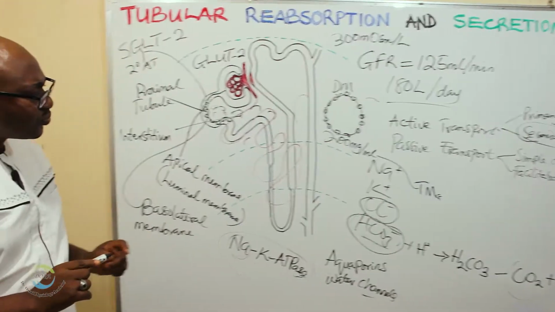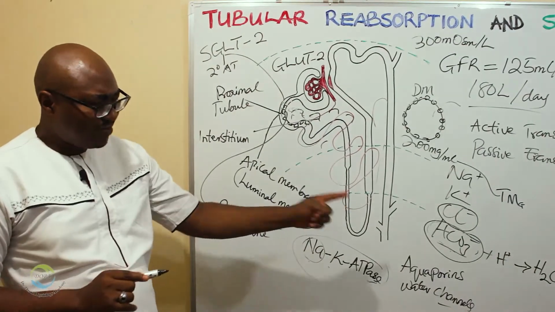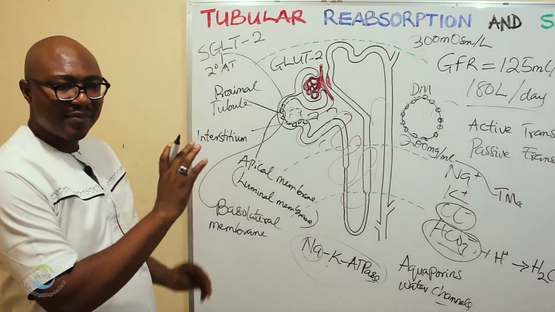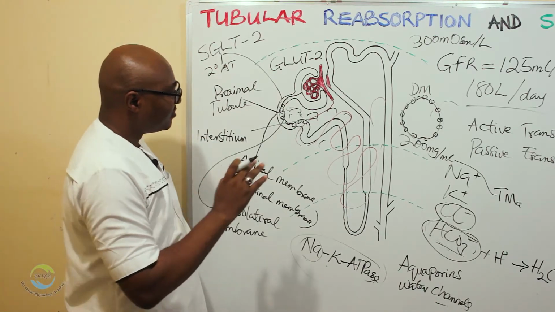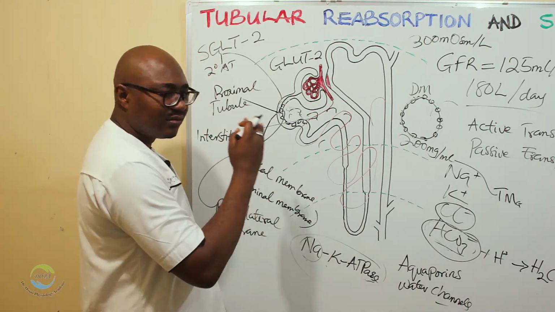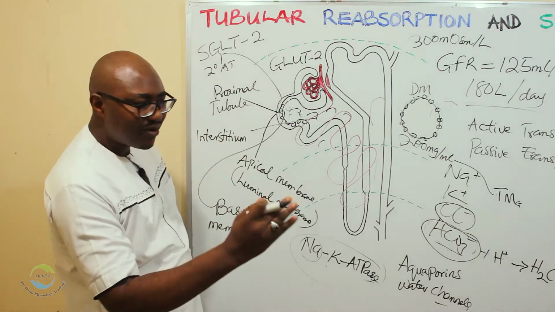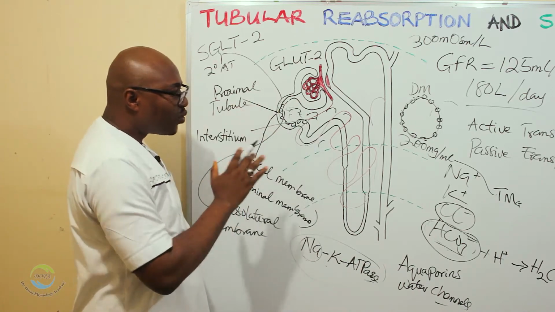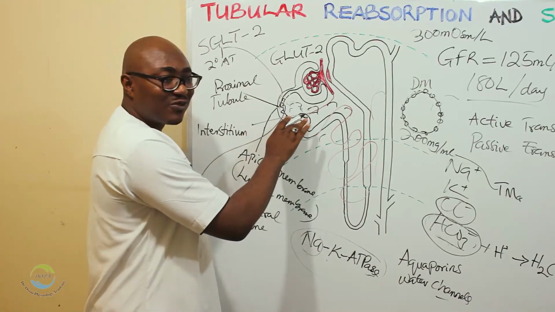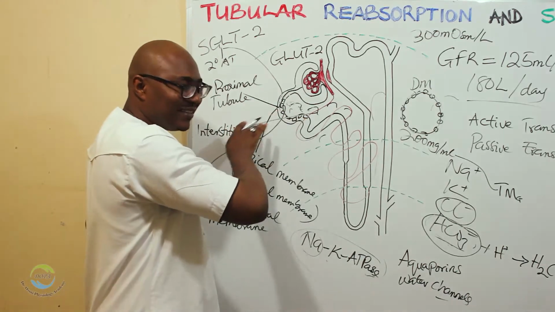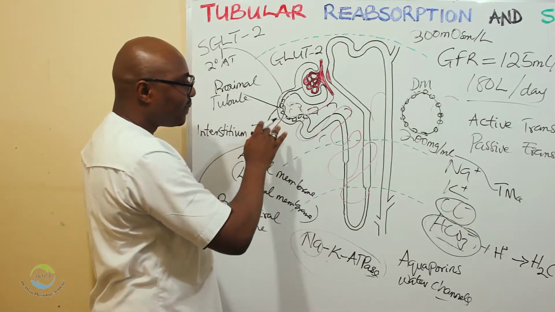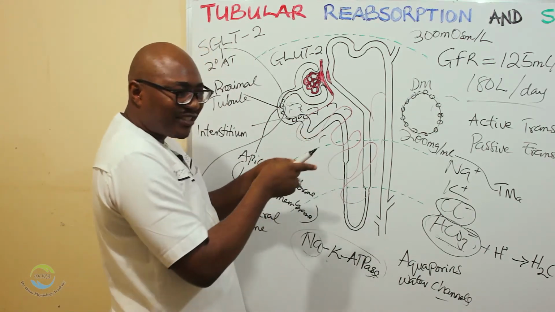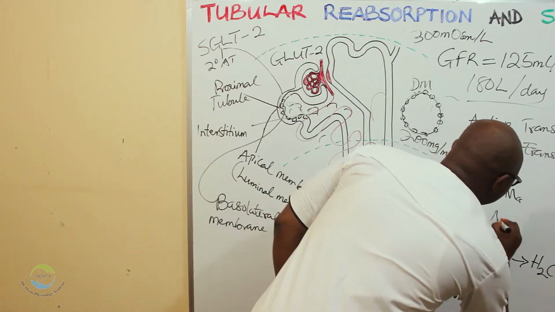Okay, so we talked about hydrogen combining with bicarbonate. Where did the hydrogen come from? Hydrogen is another important solute that is transported, but its own is in the area of secretion. When it's going inside, that's reabsorption. Sodium is going inside. Sodium is being reabsorbed. But as sodium is being reabsorbed, there's a particular transporter called the sodium